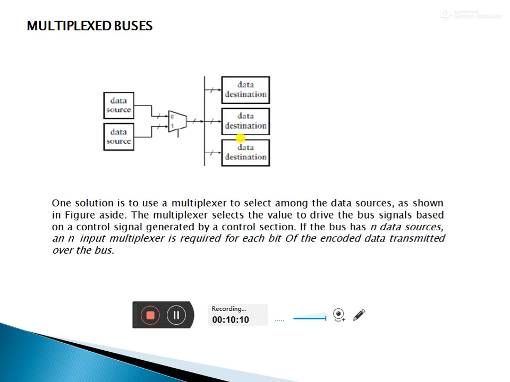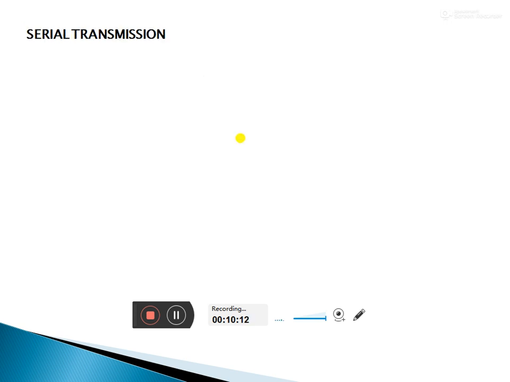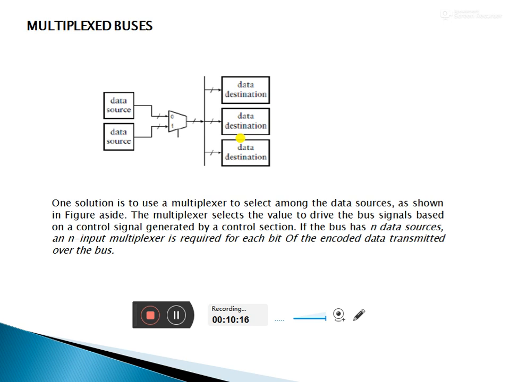So today we have to stop here. The next topic is serial transmission, which we will explain in the next class. What is serial transmission? It is the connection of our devices, in parallel connection or series connection. According to our convenience, whichever type of bus we use, parallel buses or series buses, we can use the buses according to our design.